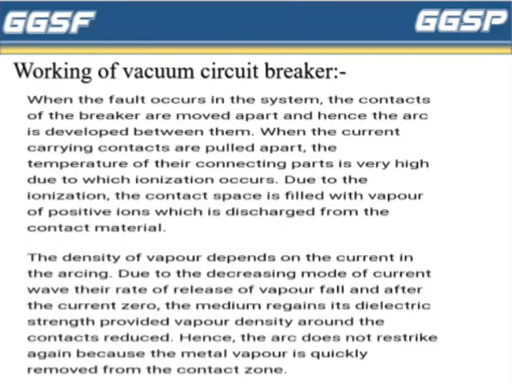Working of vacuum circuit breaker. When a fault occurs in the system, the contacts of the circuit breaker are moved apart and hence an arc is developed between them. When the current carrying contacts are pulled apart, the temperature of their connecting parts